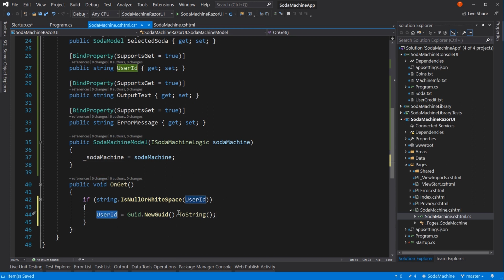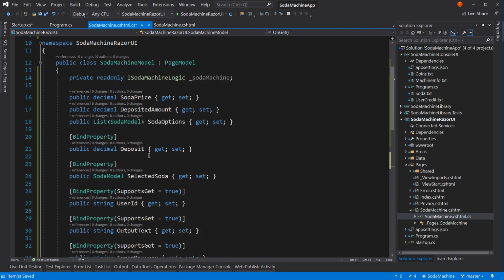We'll pass that around for all future calls, but if there isn't one for this value, which will be the first time the page gets loaded, they're going to create that GUID. That's just a unique identifier for the user. Now, we have some values up here,